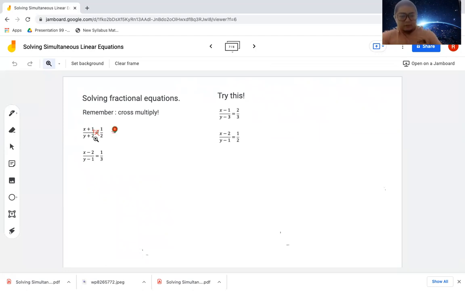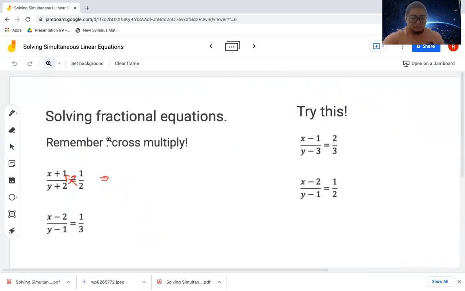So in here, this is going to give us a calculation of 2 times the value x plus 1 is equivalent now to 1 times the value of y plus 2. So we will just put it as y plus 2 here. So from here, what you need to do is to distribute this 2 to each and every one of the terms inside the bracket. So this is now going to give us a calculation of 2x plus 2 is equivalent to